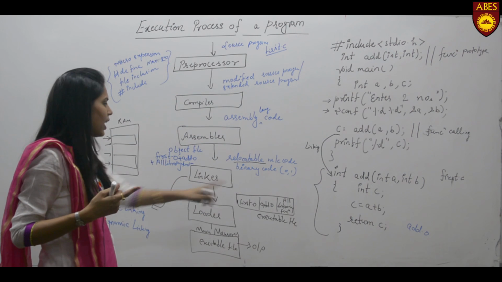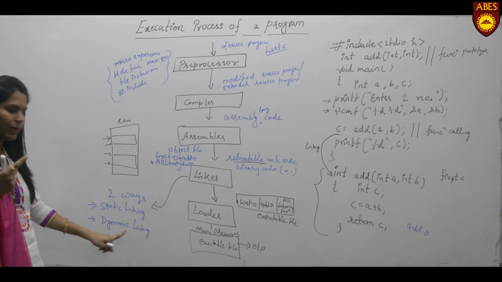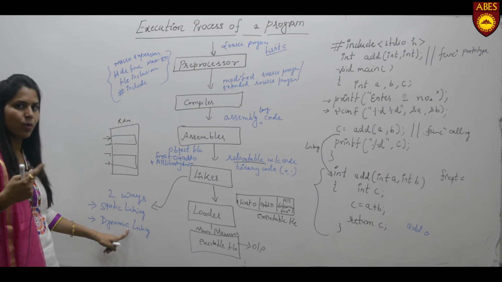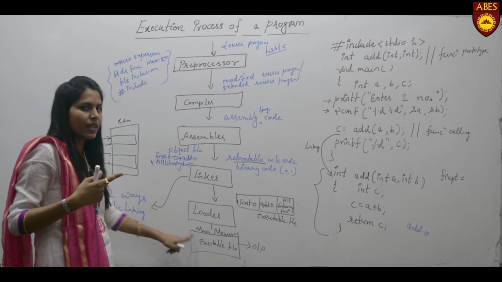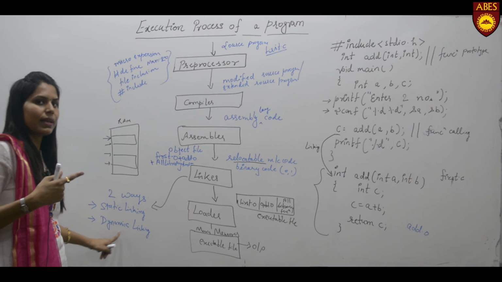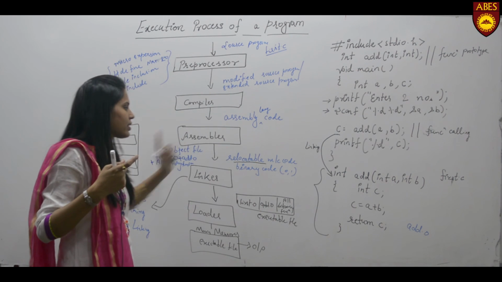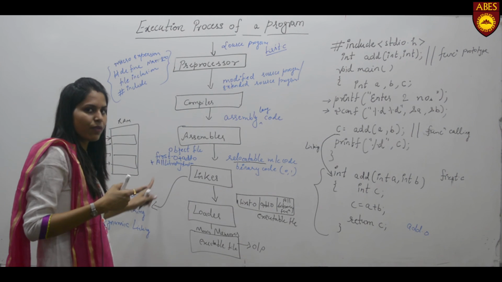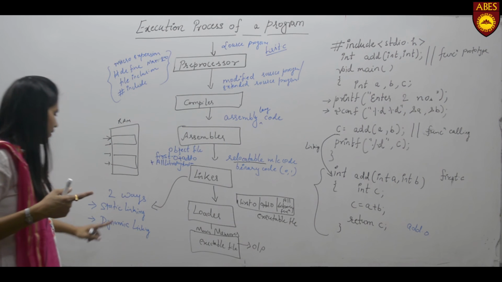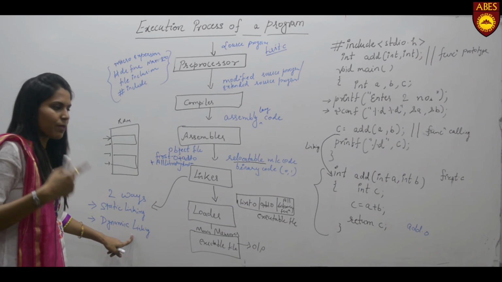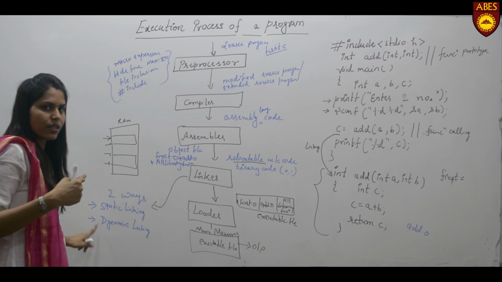At compile time, it will link all the object files. But in dynamic linking, the linking is performed at runtime. It means when we execute our program, then the dynamic linking is performed. In C programming, static linking is always performed, meaning the linking is done at compile time. But in the Java language, dynamic linking is performed, meaning linking is done at runtime. What are the advantages and disadvantages?